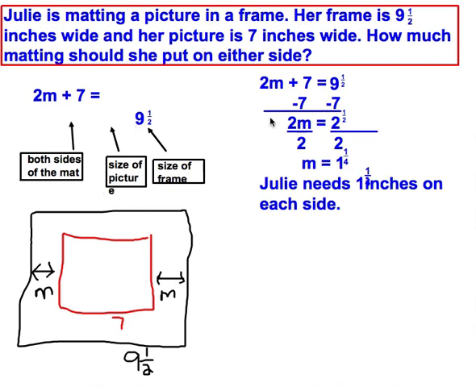And they solved it over here just like a two-step equation. Subtract the 7, the 7's cancel out, so we have 2M equals 2 1/2. Divide both sides by 2, you get 1 1/4 inches on